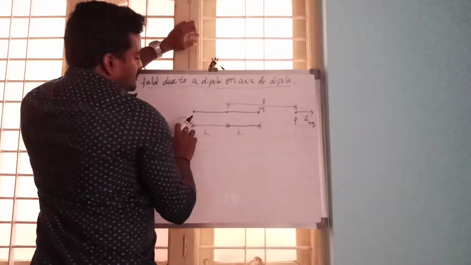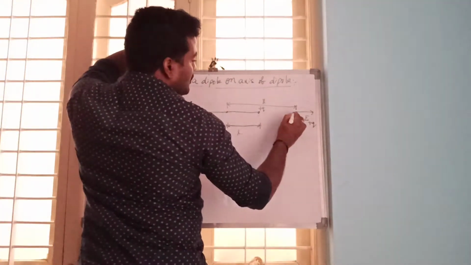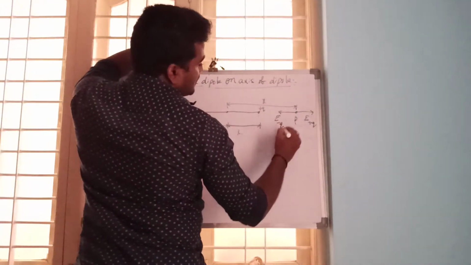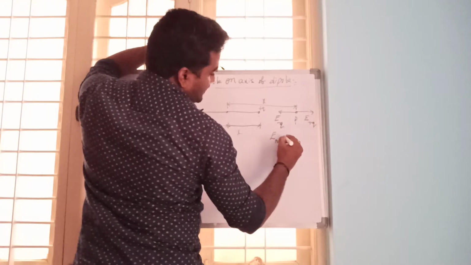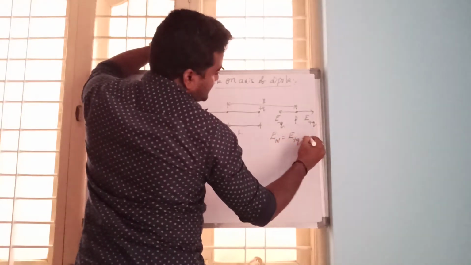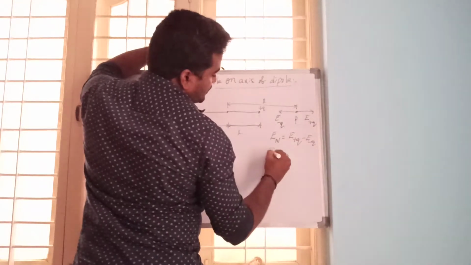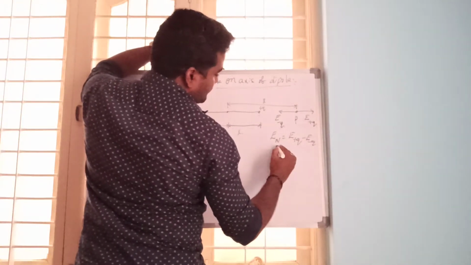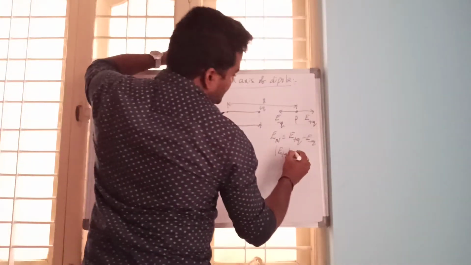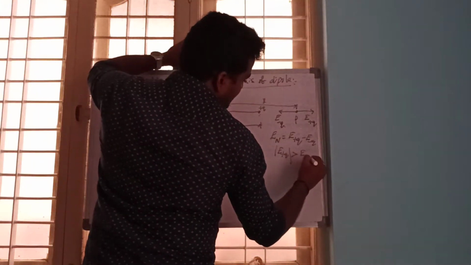Because of this minus q, the electric field will be towards the charge, so E minus q, and the net resultant will be E plus q minus E minus q,